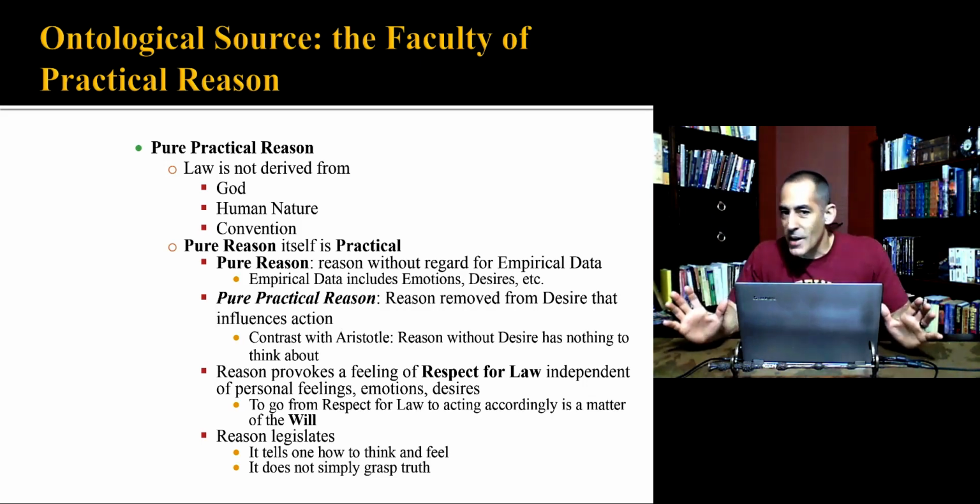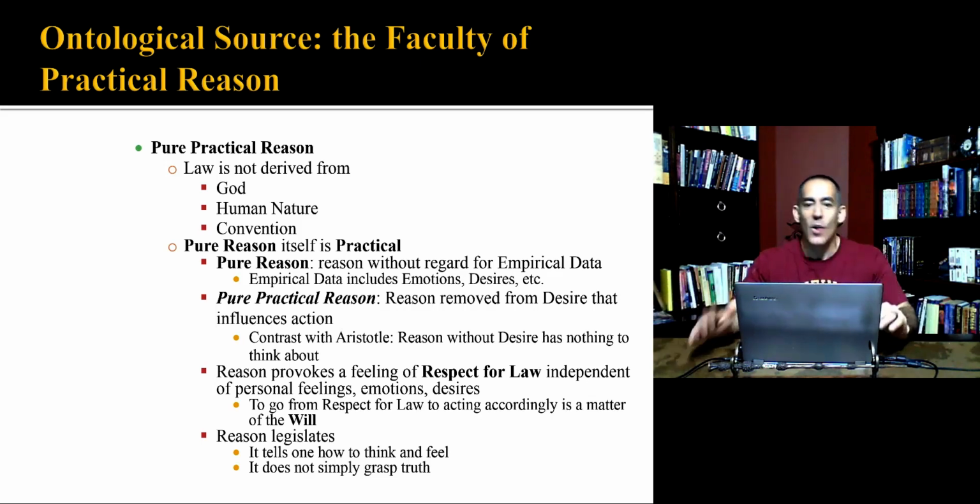Now, I know I keep saying Aristotle. We'll get to him eventually, but I can't help doing it. This whole concept would, I think, be very bizarre for Aristotle, as you'll see later. He wouldn't believe that you could actually separate desires and reason that radically, because to reason without a desire is reasoning without anything to reason about. In a way, maybe I could put it that way, but we'll see how he gives us this relationship between reason and desire a little bit later.